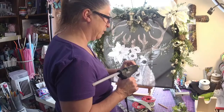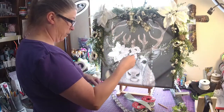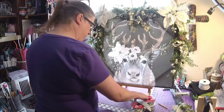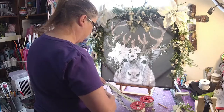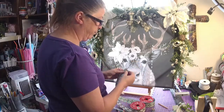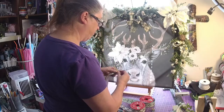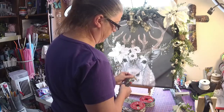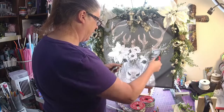Okay. Now I'm going to glue this on here and let it dry for a minute. Okay. And I'm going to do the same thing for the other side. And cut it. Another stick. You know, sometimes you just have to improvise, right? You just got to make things work. I want this very long because I need to stick it up in the...